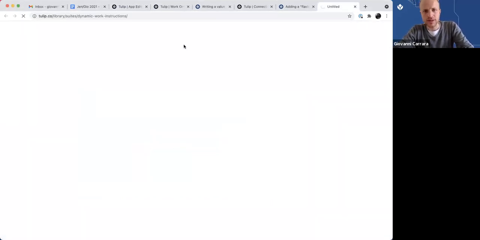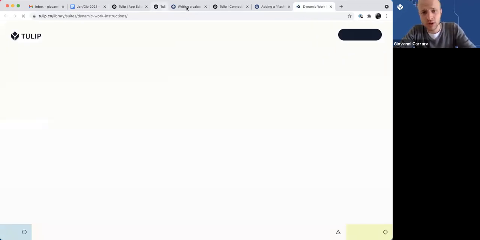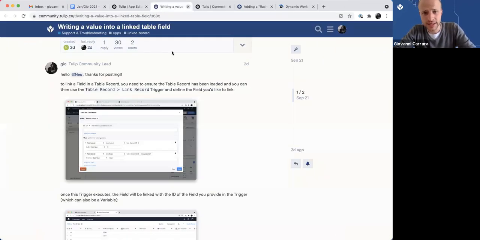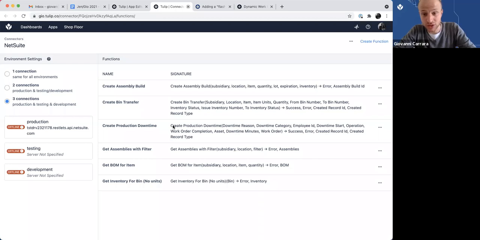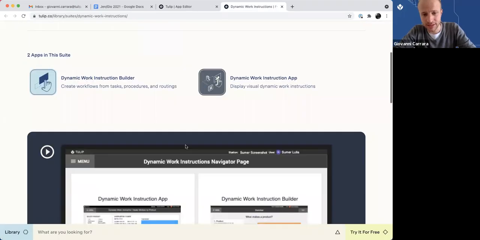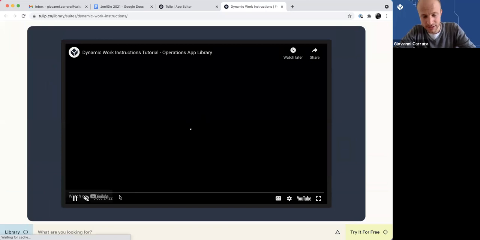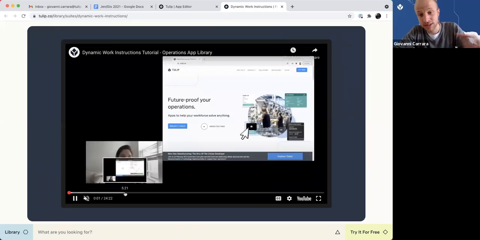Okay, awesome. Then the library app that we wanted to share is an app for dynamic work instructions. This is an app that does require some configuration, but once it's configured, it's really pretty powerful. And basically,